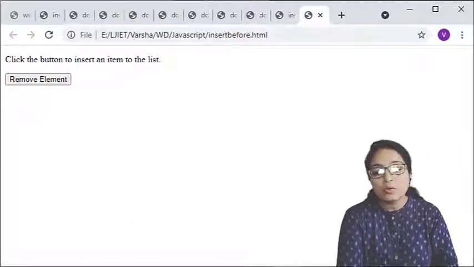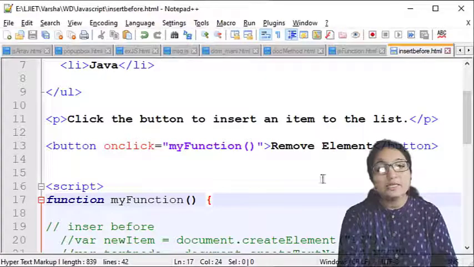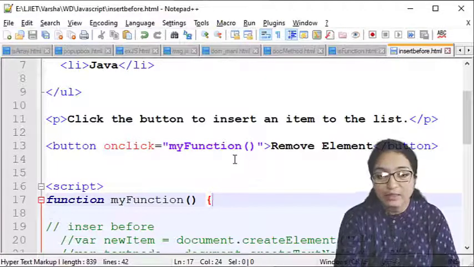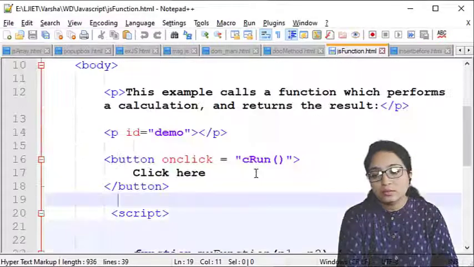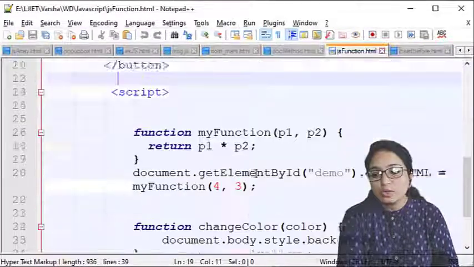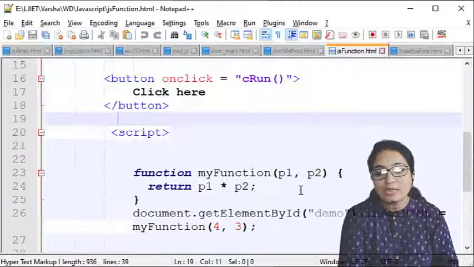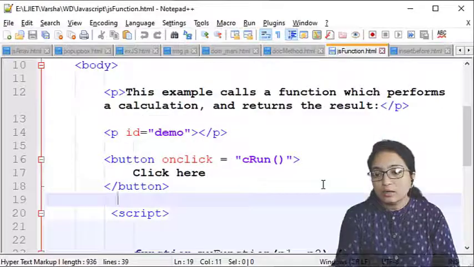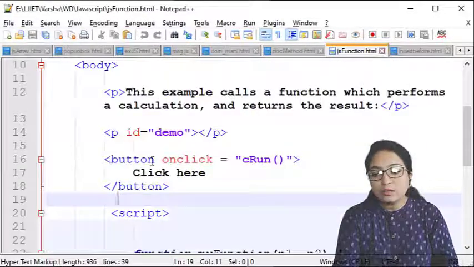So this is all about the DOM manipulation methods, then the DOM accessing methods for the element, and event handling also. Let's see the example that we already learned when we learned about functions. On the button click event we are calling the function.